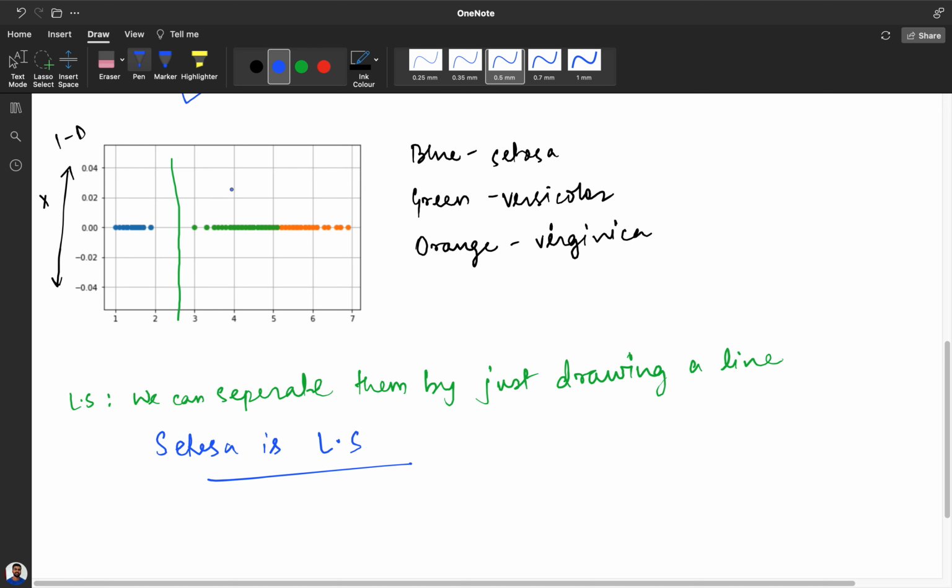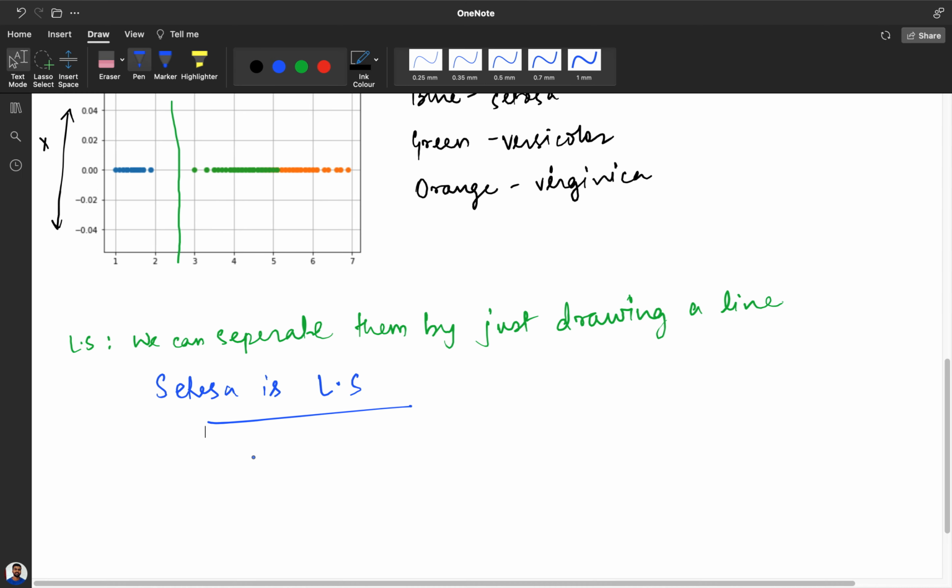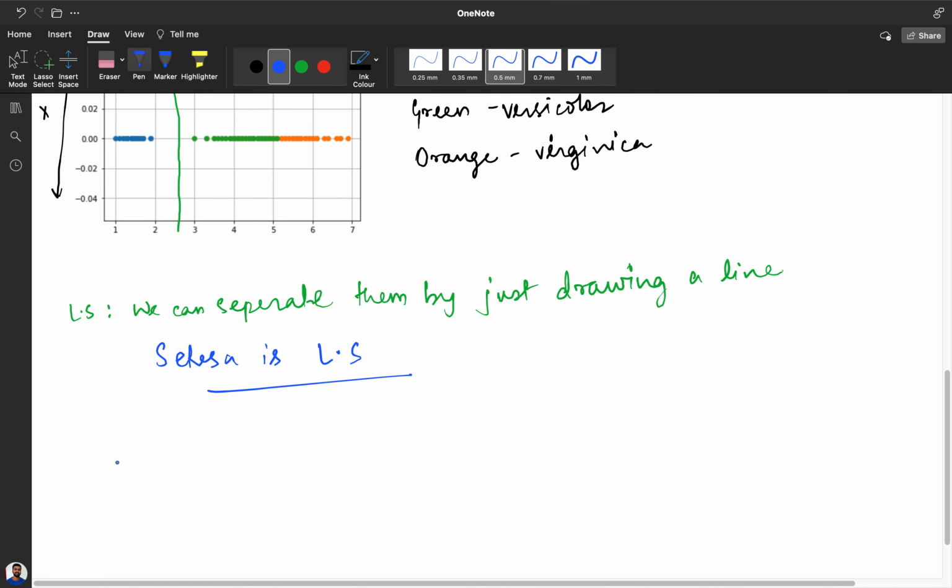Now for only this part we can create a simple machine learning model. Over here you can see it is something around 2. So for this I can simply write: if petal length is less than or equal to 2, then it is setosa, else it is not setosa.